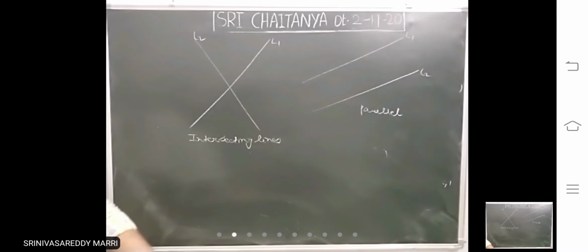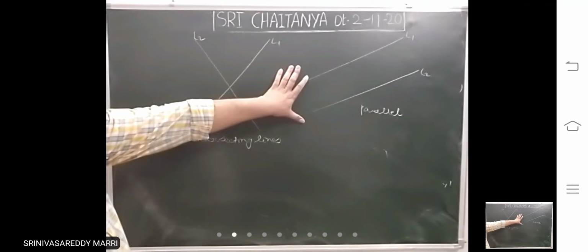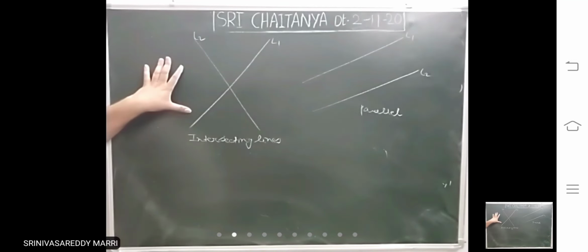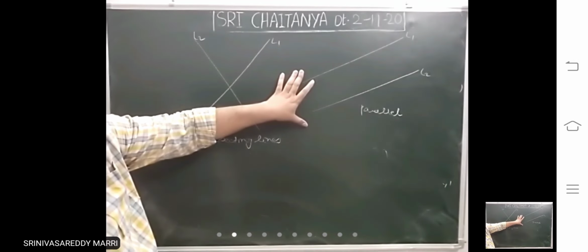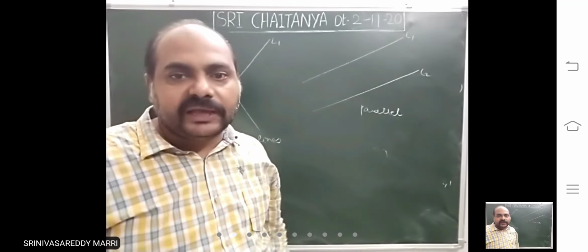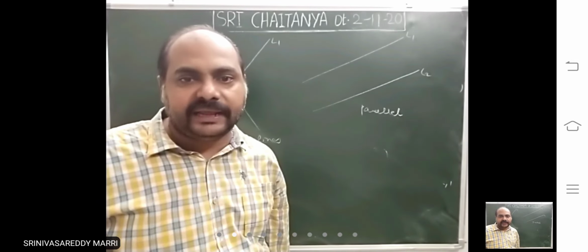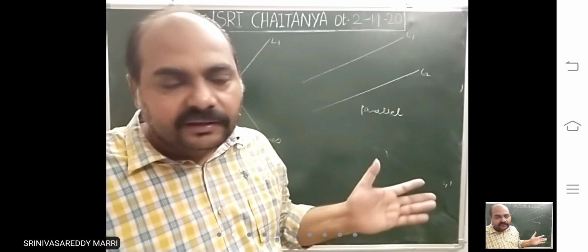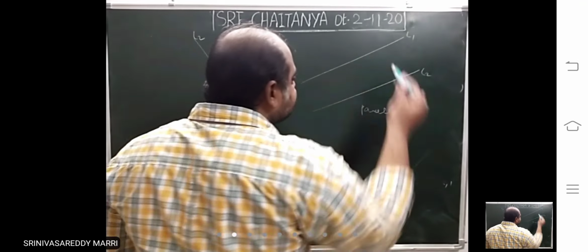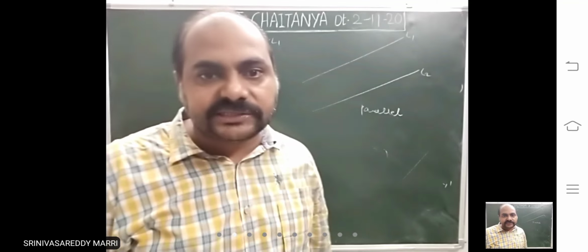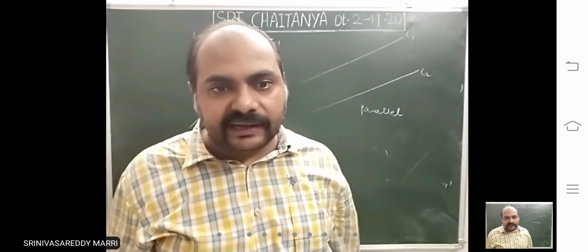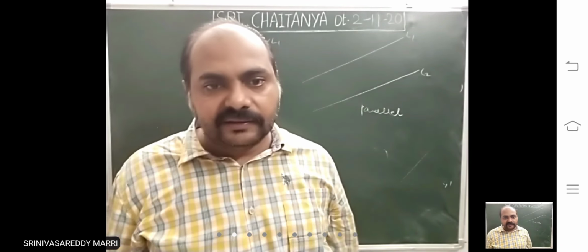So your paper is there. On that, if you draw two lines, they will be like this or they will be like this. Right? Your paper is nothing but the XY plane. XY plane means infinite. But we are assuming that your paper is the XY plane. Now you may have drawn like this, or they are not intersecting, since you are assuming that a simple paper is the XY plane. XY plane means what? Infinite.